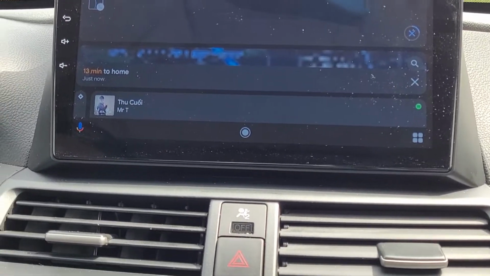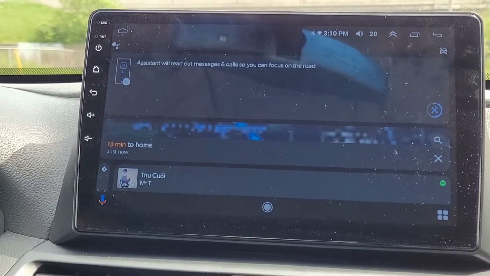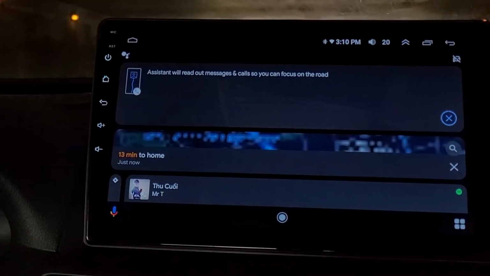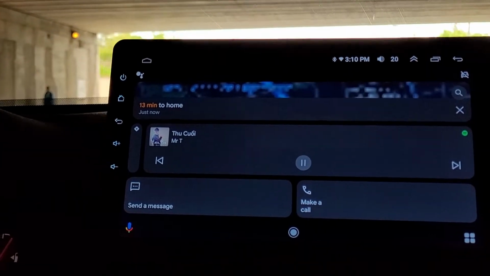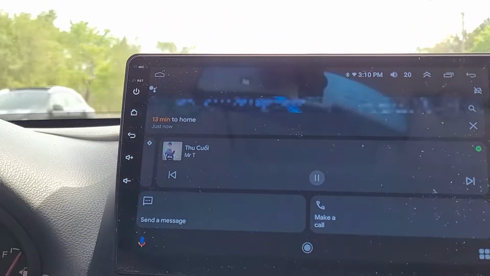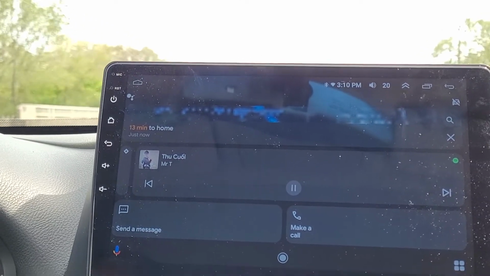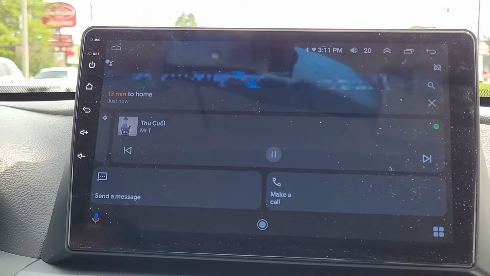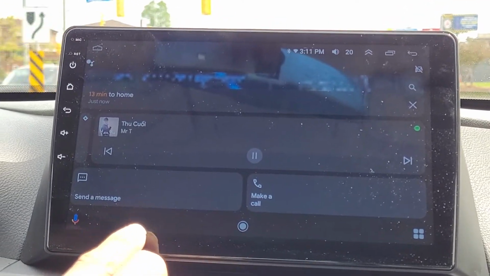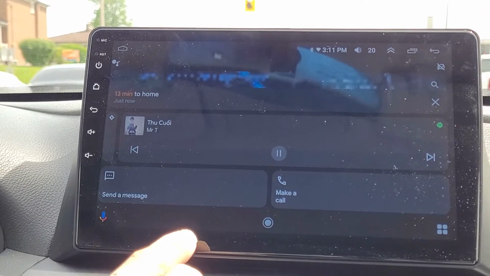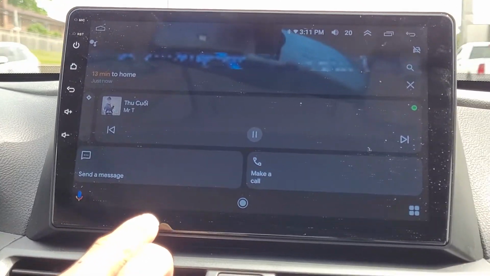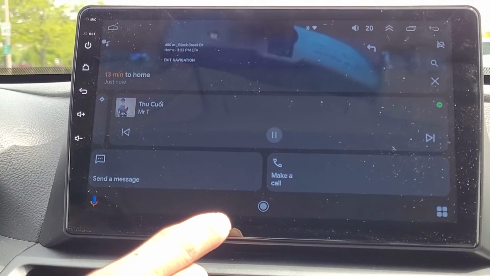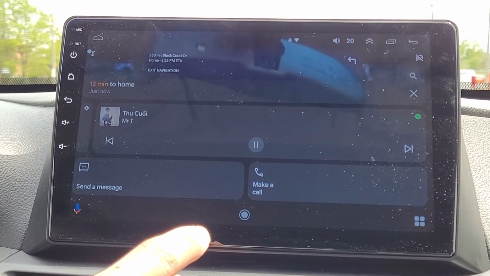Instead of Android Auto, where you have to plug your phone in with a USB cable in order to activate Android Auto, this is Google Assistant driving mode. Basically, I can read your messages that come into this Android head unit as well, but there's no way this Android head unit can see the message or phone call from your phone.